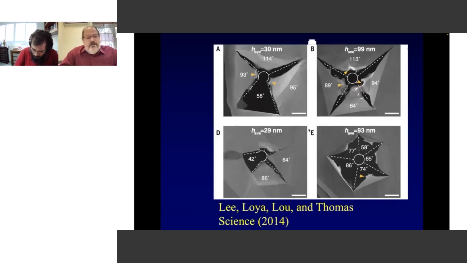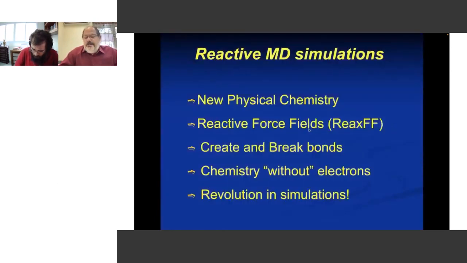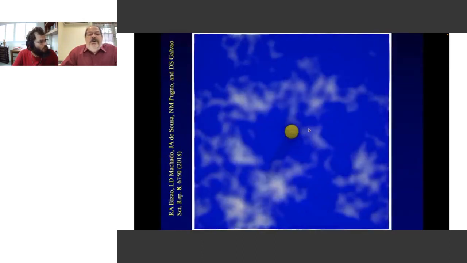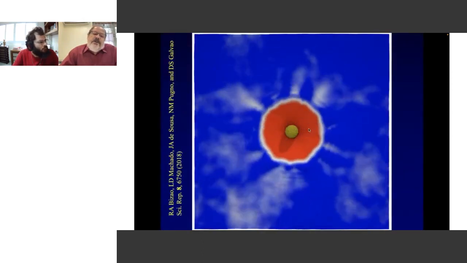We ran a very light simulation, using again molecular dynamics techniques, but now using what is quite interesting, a new generation of reactive force fields. It allows creating and breaking bonds. So it's like you are solving the Schrödinger equation, but we're doing chemistry without electrons, which brings your simulation time from perhaps years to weeks. So this is a real revolution in simulation. We can handle a billion atoms. In this case, we ran a simulation with half a million atoms.